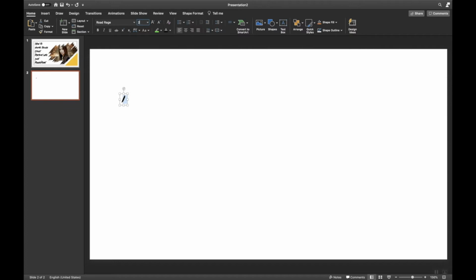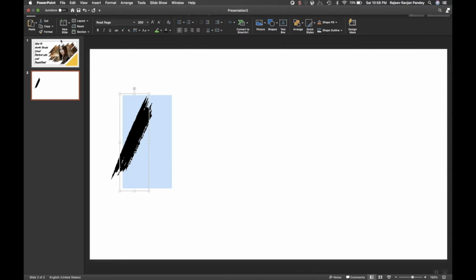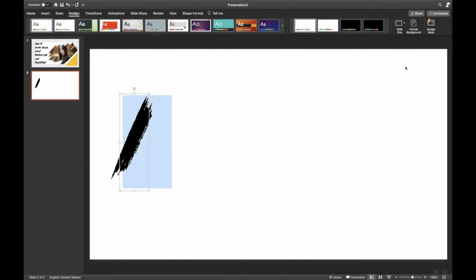You can increase the size of the font. Just for better clarity, I am increasing it to 200. If you are facing a problem seeing the PowerPoint, you can also go to the Design section. Under Design, you will see slide size. For this presentation, I am using widescreen mode, which is a 16:9 ratio.